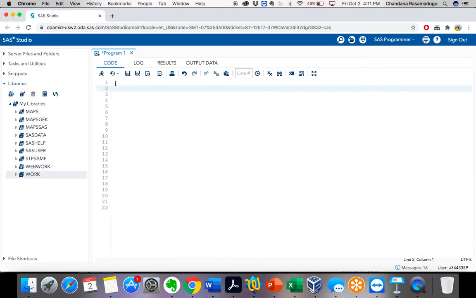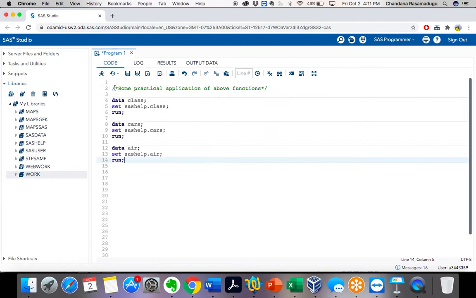Let's take a practical example for the above functions that we have discussed so far. What I want to do is print all three data sets at a time. Instead of printing all these data sets separately, I want to print them all at a time by using a macro function. How can I print them?